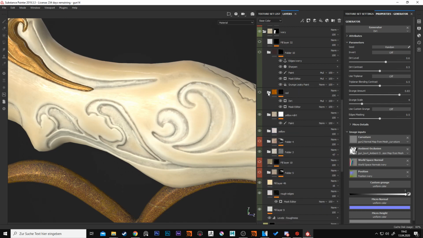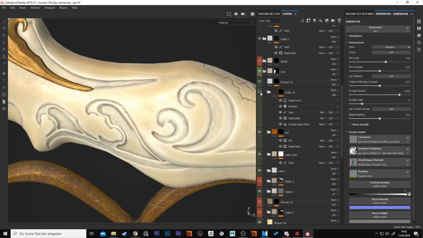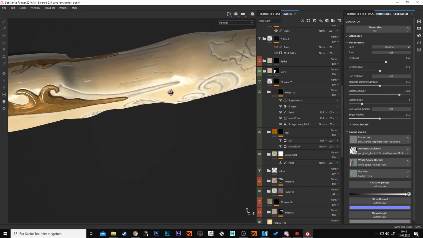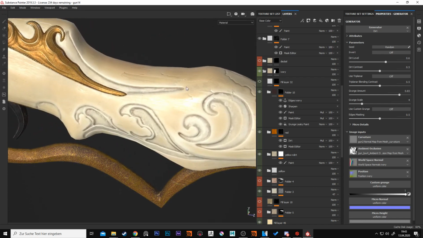This one is pretty minor as well. It just creates a little bit of color variation on these cavities, and this one is for the damaged spots in the material, and